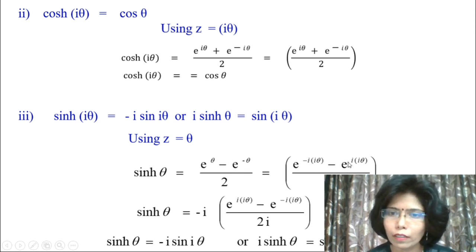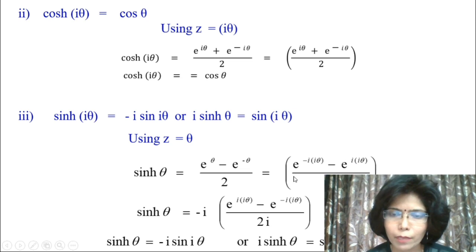If we divide and multiply it by 2i, then we can write it as minus i e raised to i times i theta. This minus we will take outside. So it is e raised to i times i theta minus as it is, and here it is e raised to plus i times i theta. So as we have taken minus sign outside, we have to write down here minus sign. Are you getting this, students?